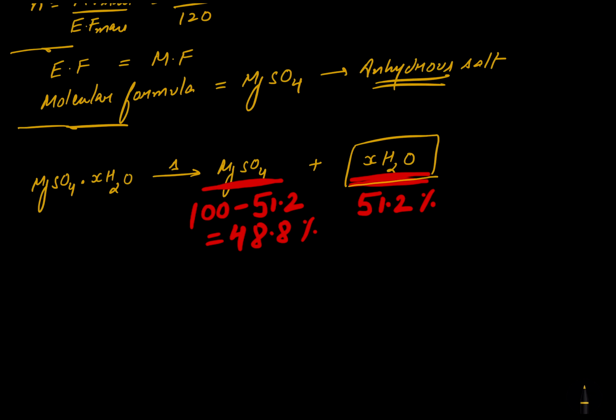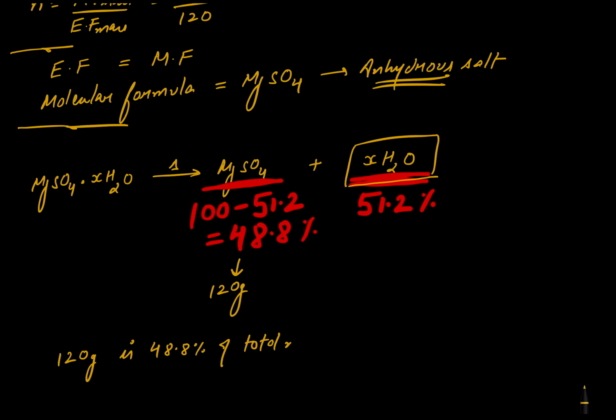That means magnesium sulfate MgSO4 is 48.8% of the total weight, but I have just calculated the magnesium sulfate weight, and it is 120 grams. So that means 120 gram is 48.8% of